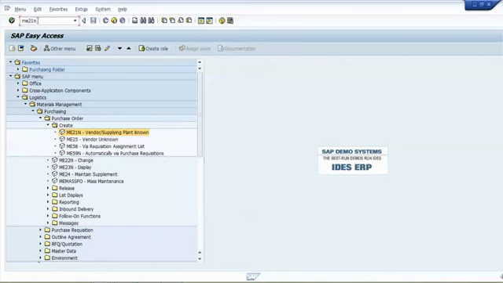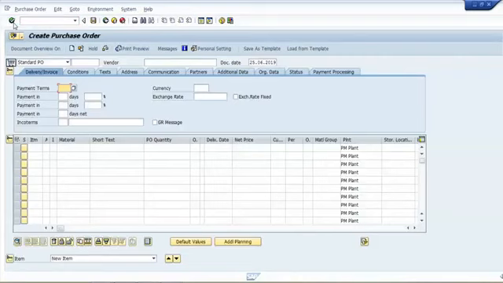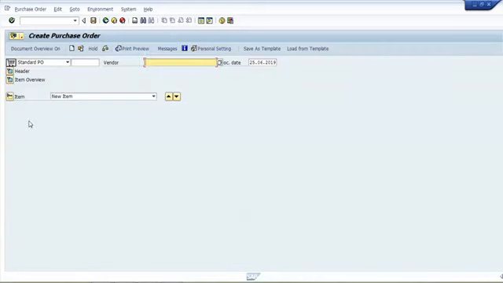So I have put this transaction code ME21N and click on the green button to enter. Now this is a screen to create a purchase order. Initially, when we enter into the ME21N transaction code, the screen will look like this.